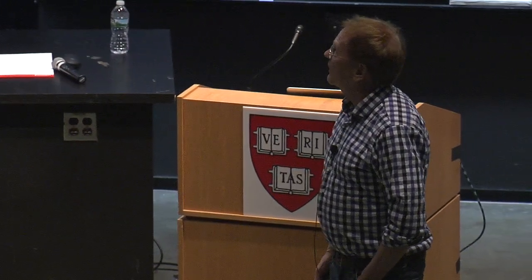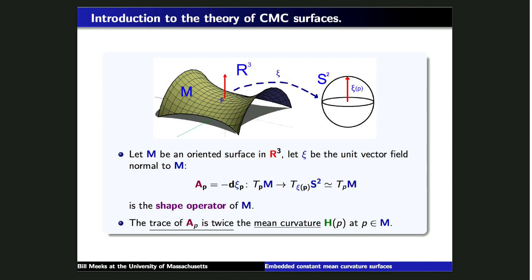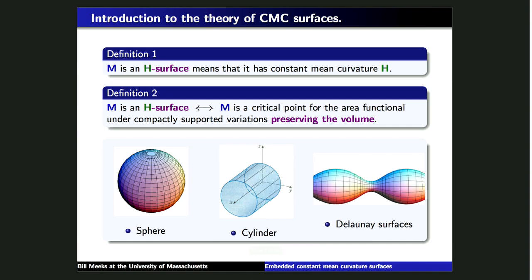So anyway, we have the trace of the second fundamental form. For me, it is going to be 2 times too big, so the mean curvature is going to be the average of the normal curvatures, and that's going to be half the trace, okay? And it turns out surfaces of constant mean curvature, where the mean curvature at every point has the same value,